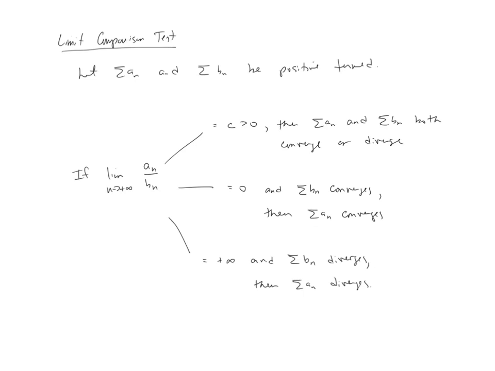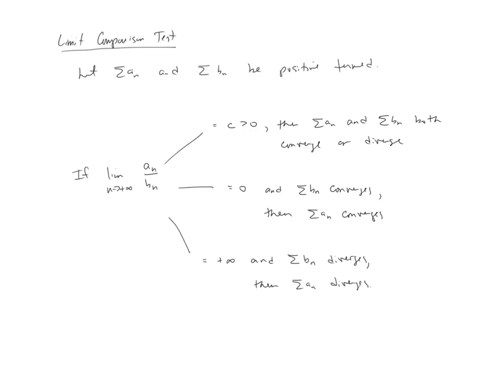All right, in this video, we're going to talk about a second type of comparison test. This one's called the limit comparison test. The regular one that we just talked about was more intuitive, and there really weren't a whole lot of predetermined things that you had to establish. This one, however, is a bit more mechanical, and that might be good, that might be bad, depending on the problem. But regardless, it's an option if you want to compare it to something, but let's say the inequality doesn't hold like it needs to for us to draw a conclusion, we can still proceed forward with possibly the limit